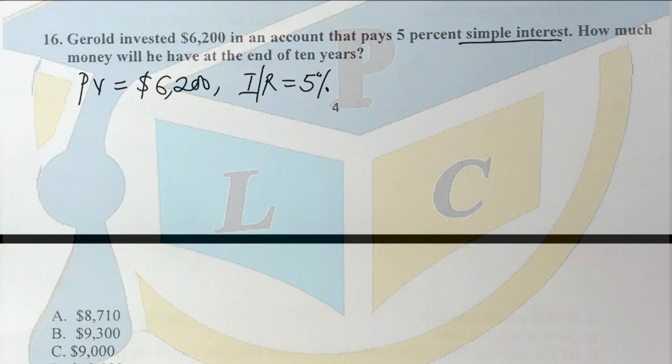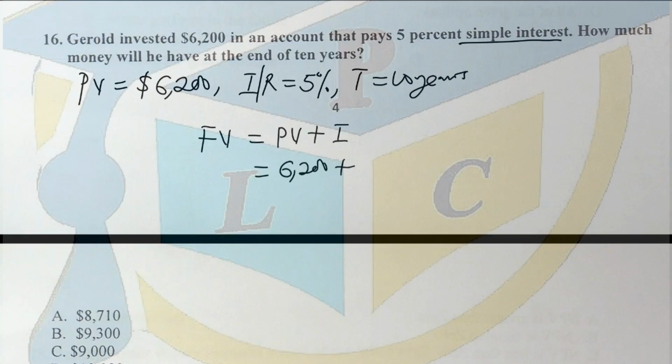And then we are told that the number of years is 10 years. So time is 10 years. For us to determine how much money he will have at the end of 10 years, that becomes the future value, or the total amount, which is going to be the present value plus the simple interest. So it's going to be